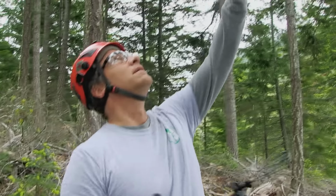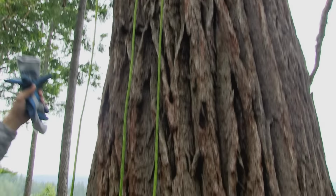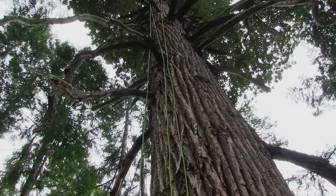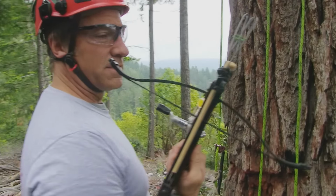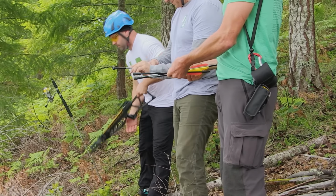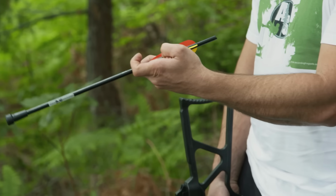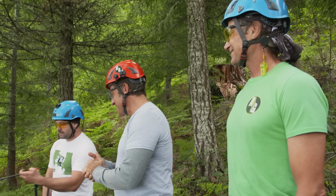How do you get the lines up there is the obvious question. And I'm still not quite sure what the obvious answer is. Part of it involves this. How in the world did you do that? We've got a crossbow, and we'll be firing a bolt into the tree. A bolt? Yep. So when we load this, we're gonna attach the string onto the bolt, and we're gonna fire